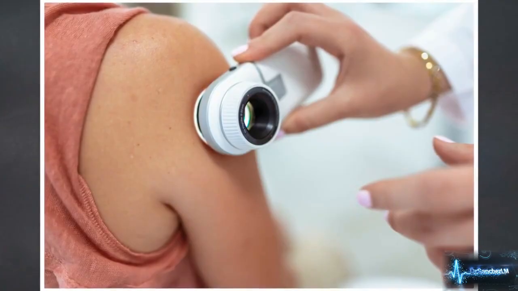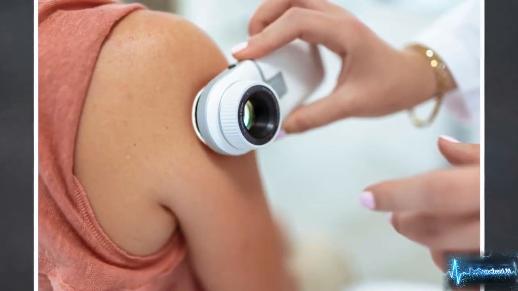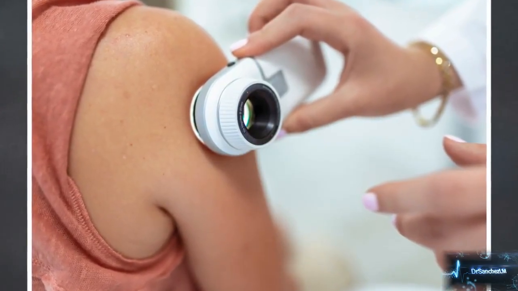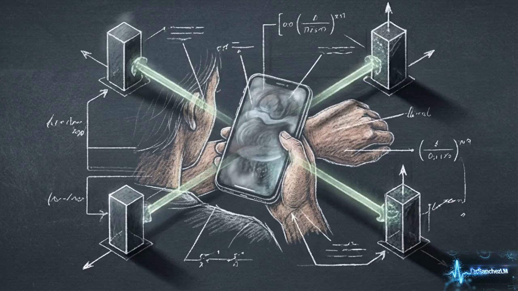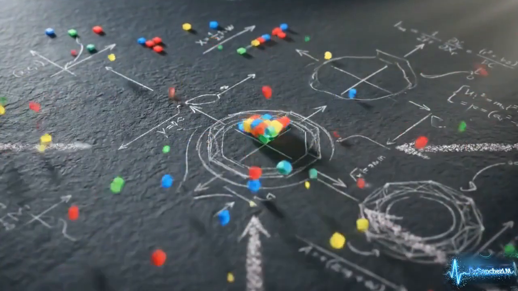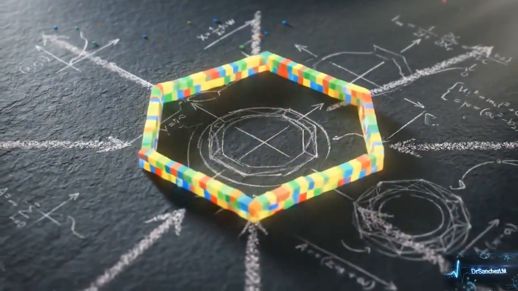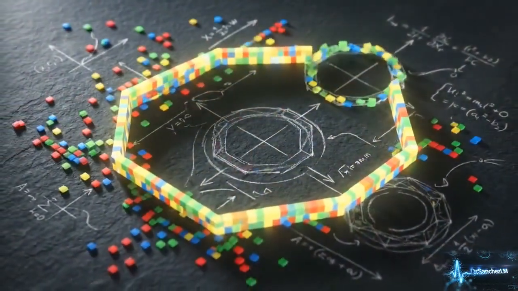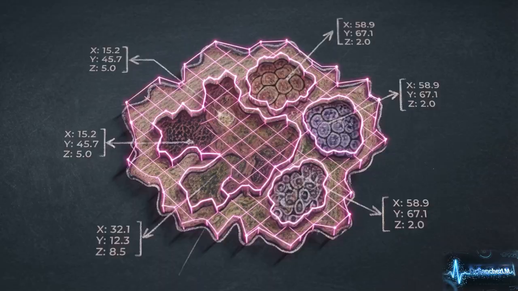This tool uses polarized light and high-powered magnification to create uniform, detailed images. Standard smartphone photos are much harder for a machine to interpret because they are often out of focus or poorly lit. Deep learning systems succeed because they don't rely on human definitions. They scan millions of pixels to invent their own mathematical markers for identifying disease within the chaos of a clinical